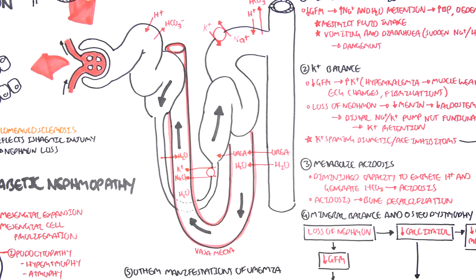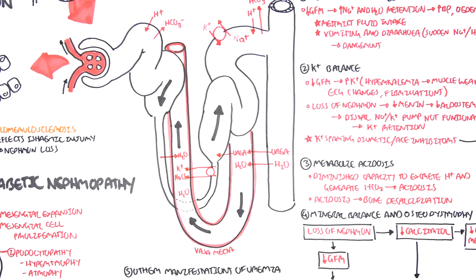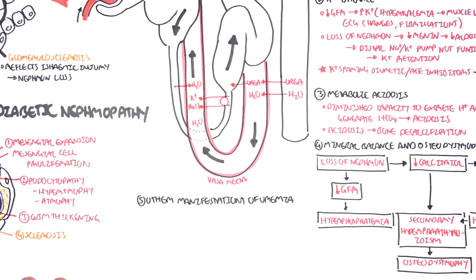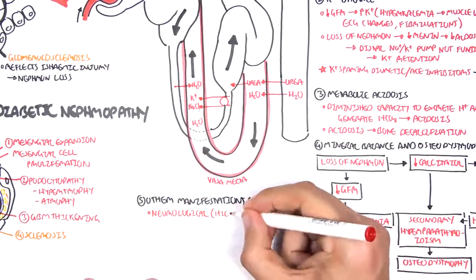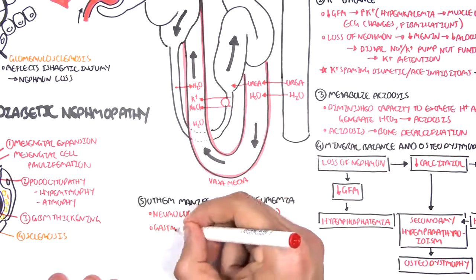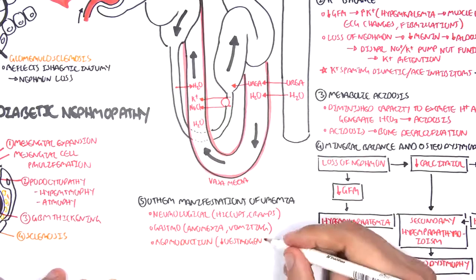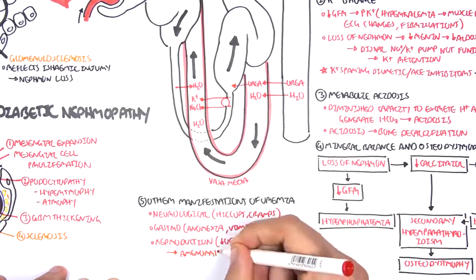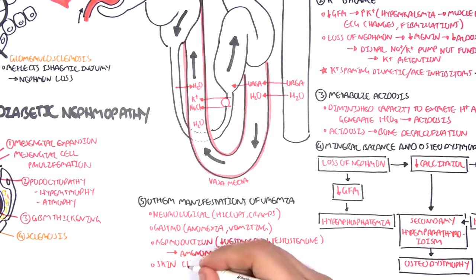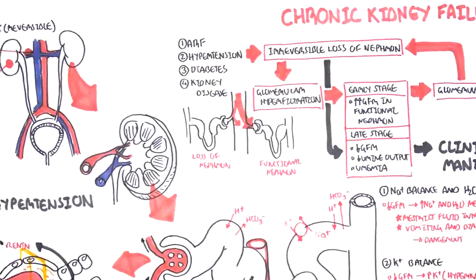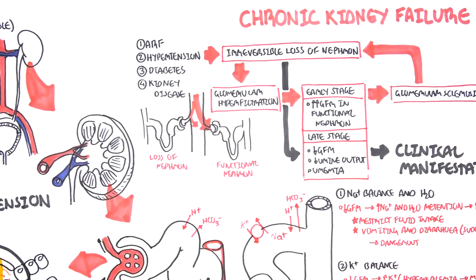And so if this whole process does not work, if the kidneys don't work at all, you actually retain urea, and so you get uremia. And uremia is bad because it results in neurological signs and symptoms such as hiccups, cramps, gastro problems, anorexia and vomiting, reproductive changes including a decrease in estrogen and testosterone resulting in amenorrhea and impotence, and this uremia also results in some skin changes. And so that was most of the clinical manifestations in chronic kidney failure.